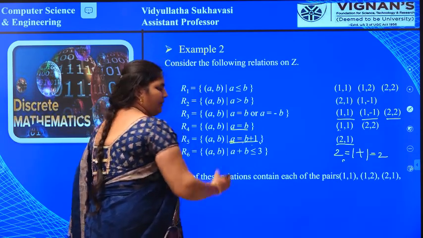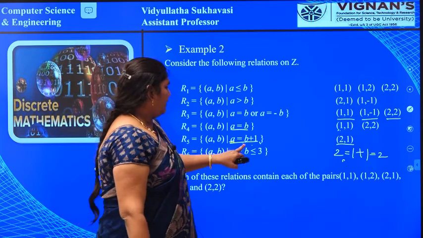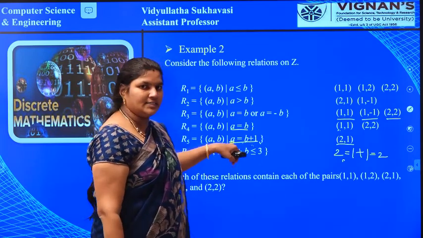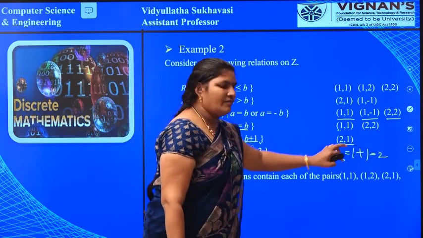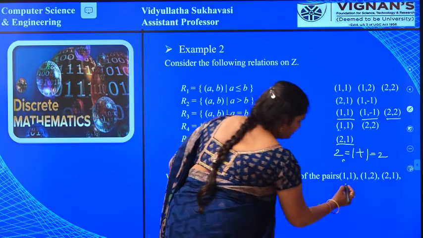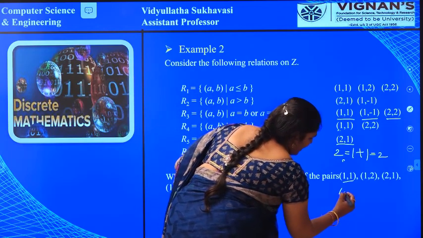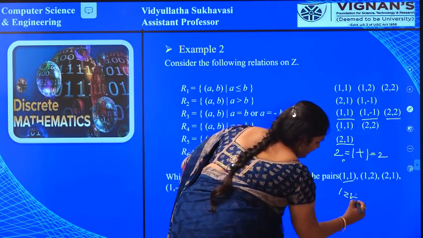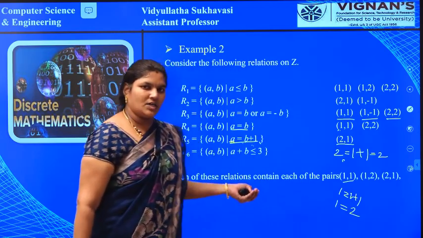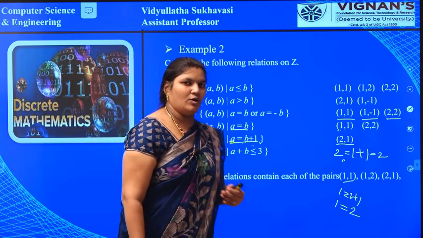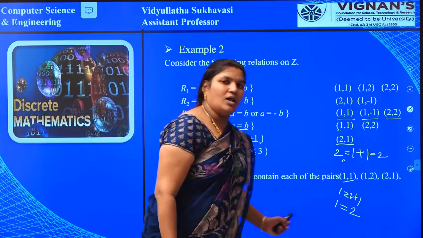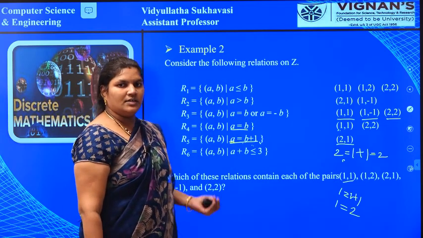So here, A element, when you take A element and do B plus 1, that should be the same as the first element, that is A. Only the ordered pair 2 comma 1 is satisfying the given condition. Check another, 1 comma 1, that is 1 equal to 1 plus 1. That means 1 equal to 2, which means both the elements are not equal. So this ordered pair will not exist in the relation R. In the same way, we need to check all the ordered pairs which are in the given problem.